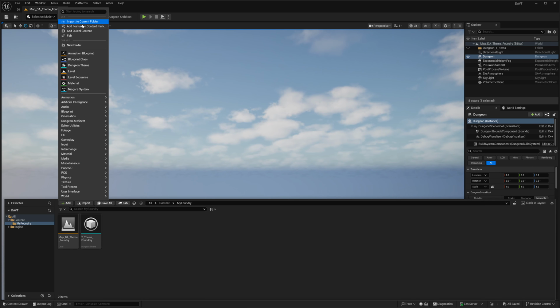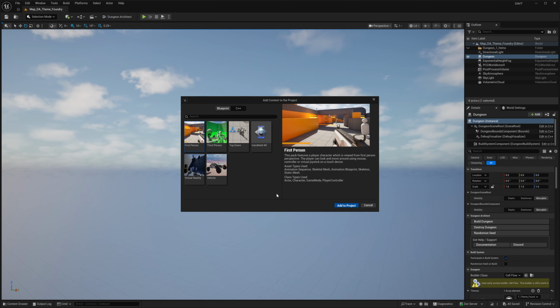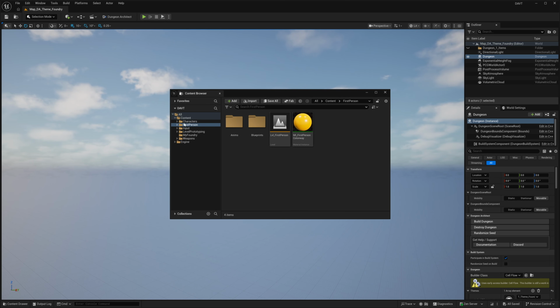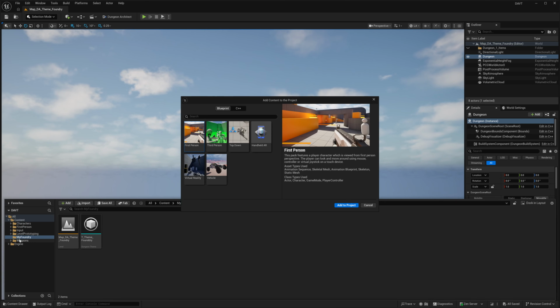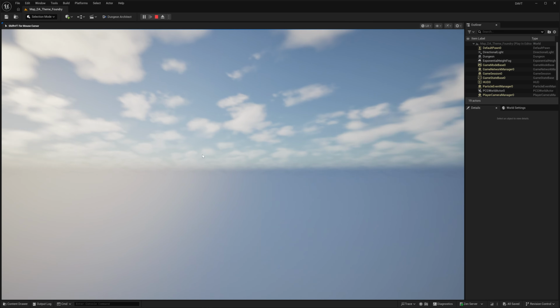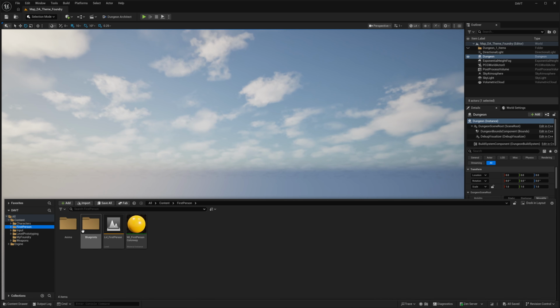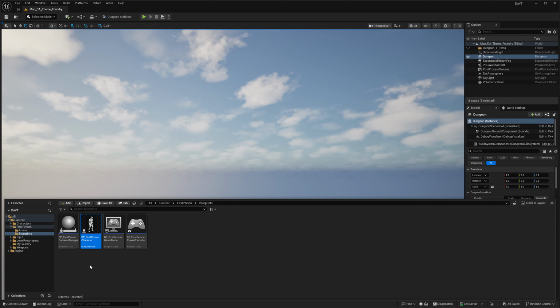Before that, we want to import one of the feature packs. Let's get in the first person player. So we have this, and when I hit play, I want the FPS character here inside my fully built dungeon. So we've seen this in the past where we set this up in the build system video. We're going to do that one more time here. So let's directly modify this, blueprint first person